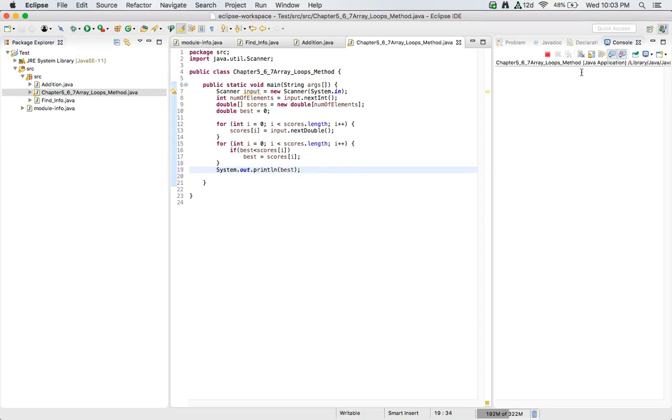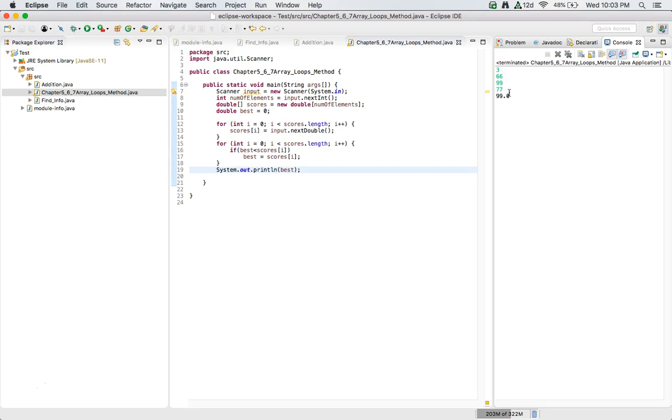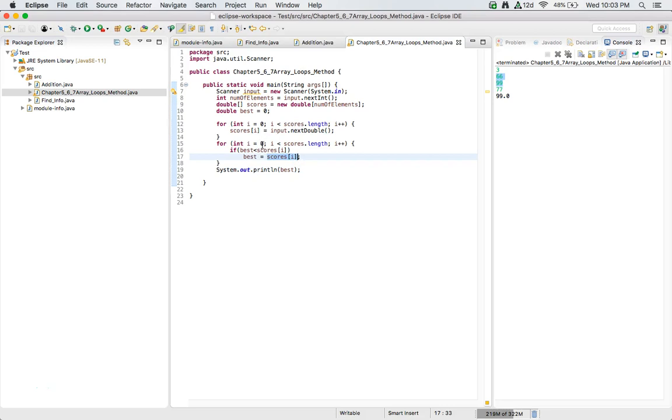So we do that again. 3 scores: 66, 99, 77. So 99 is the one that gets saved as best, no matter where it is put in, because 99 is greater than the previous score. So the index starts at 0, so 0 would be the first element in the array. And 66 is greater than 0, so best is less than scores. Actually, for